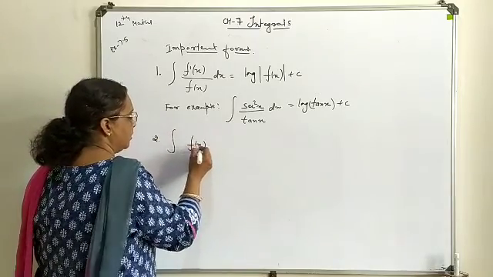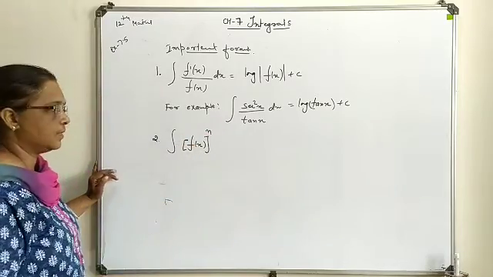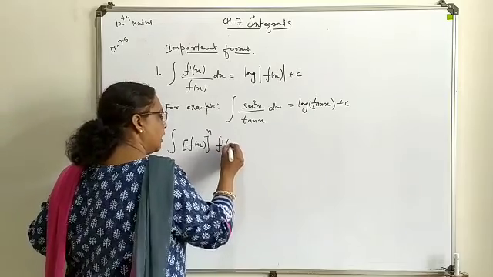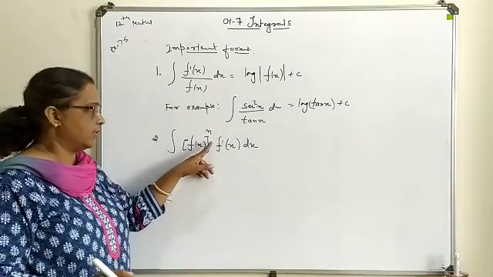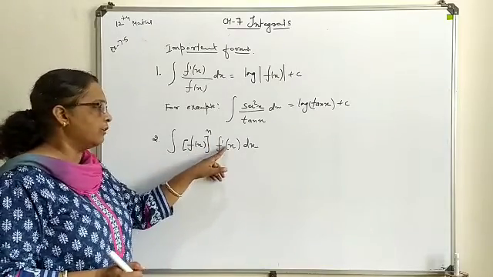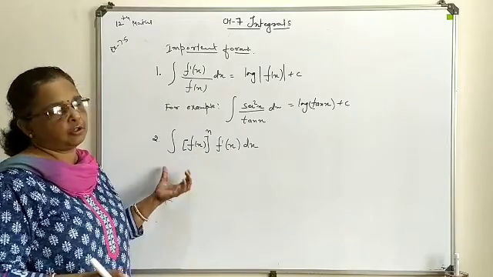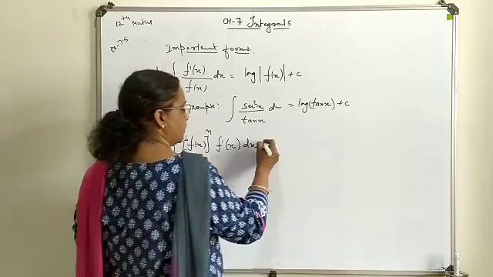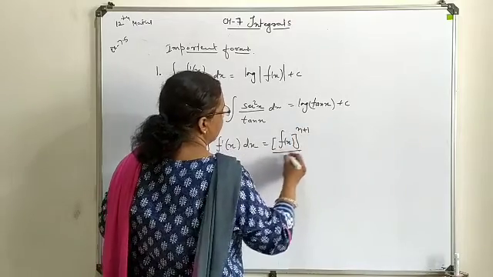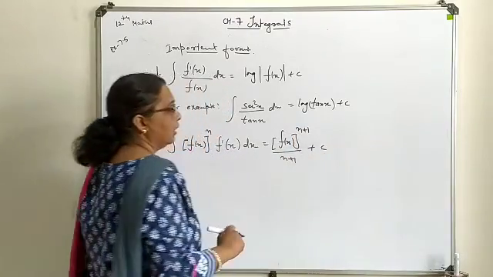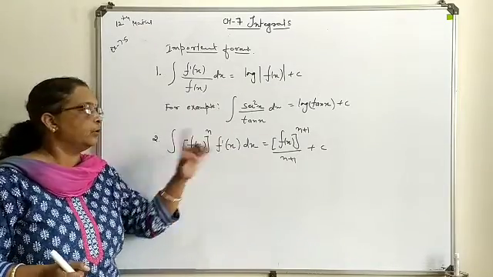if your f(x) function is available with a higher order of power, with plus or minus, and its differentiation is written as a product form. f(x) is the main function with a certain power, with plus or minus. Differentiation of this f(x) is written as a product form. At that time, the integration of such a combination we can write as f(x) to the power n plus 1 upon n plus 1, plus constant. So here also, without assuming f(x) as t or y, you can directly move towards the integrating form.